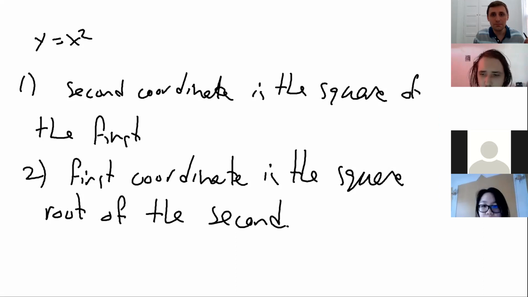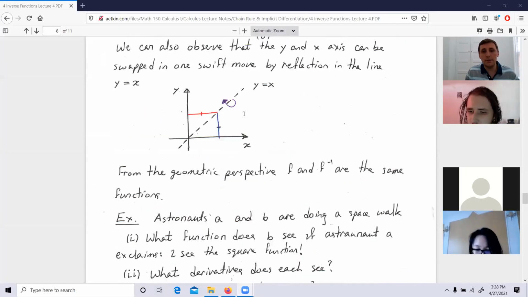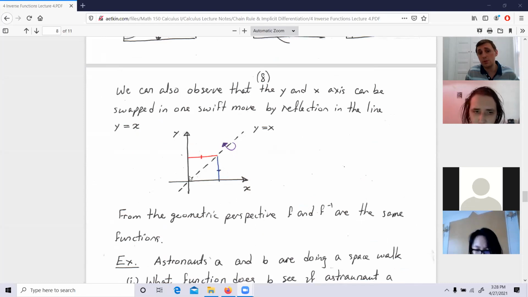Wonderful. So this can be accomplished in one swift motion, guys. Look at it. If you reflect through the line y equals x, what happens? That means this segment, look at it, the y would right away become the x. You see, if you reflect through y equals x, then this horizontal red line will become the vertical line,